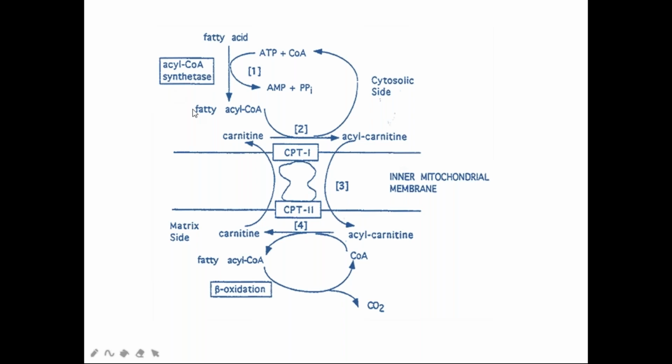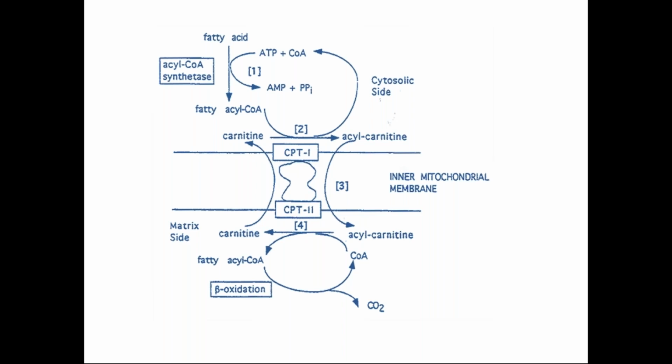And the acyl group of fatty acyl CoA is transferred from CoA to the hydroxyl group of carnitine to form acyl carnitine, catalyzed by the enzyme carnitine palmitoyl transferase 1, which is present in the outer